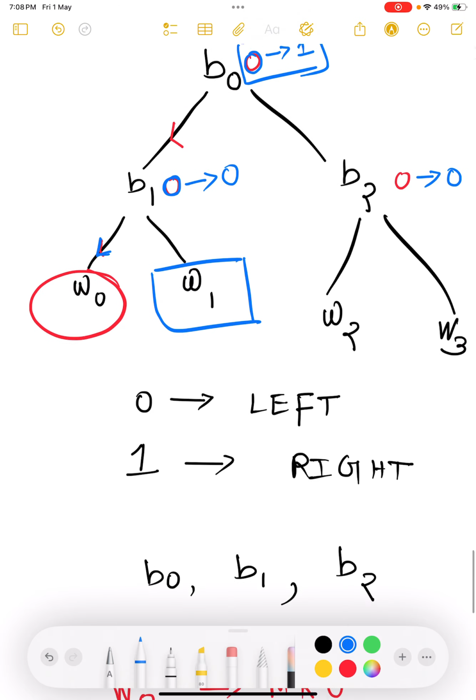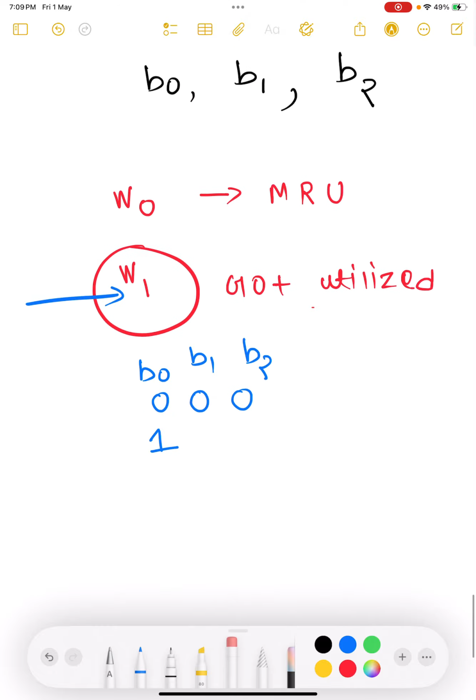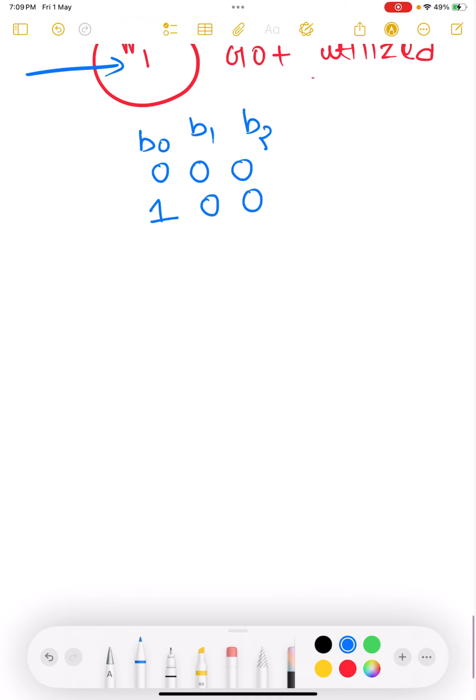And what about B1? Because if B1 switches from 0 to 1, we will move toward the way 1. But as I told you, we have to move away from the way 1. So we have to keep B1 as 0 only, so that we will move to the left side from B1, that is way 0, right? So B1 will be 0 only and B2 will be unchanged. Very good. Now let us suppose in another cycle,